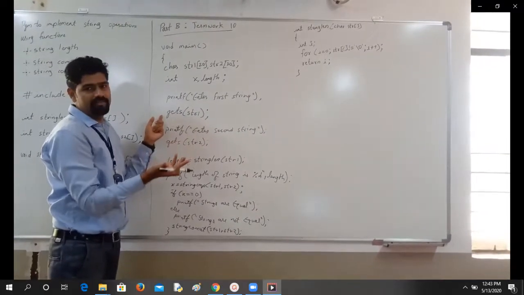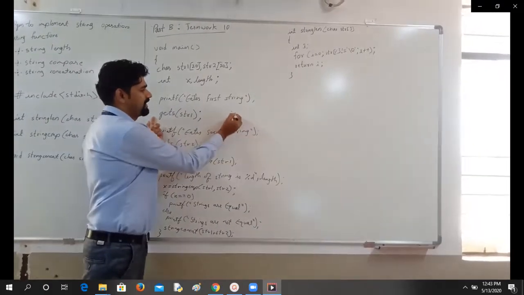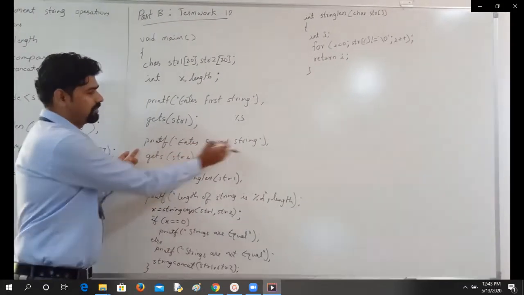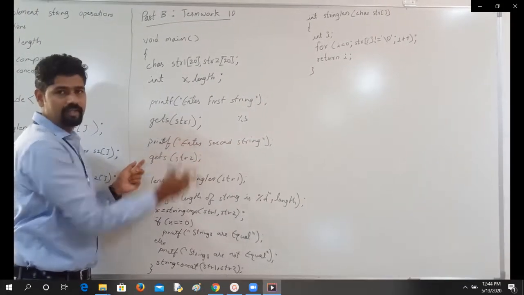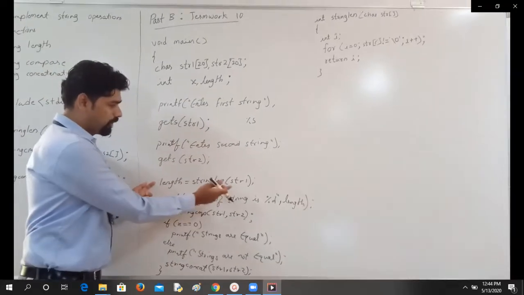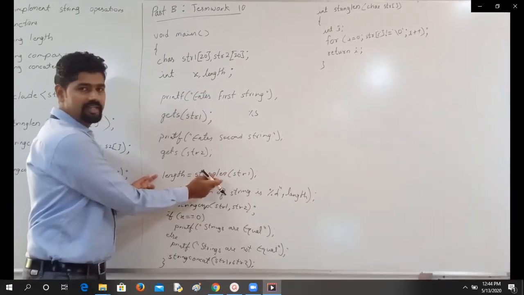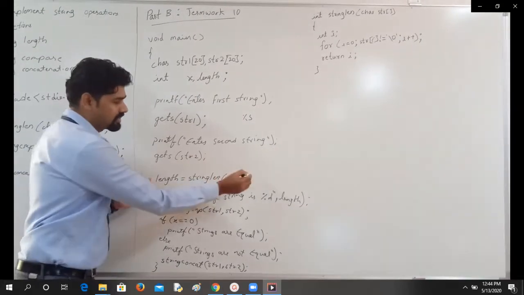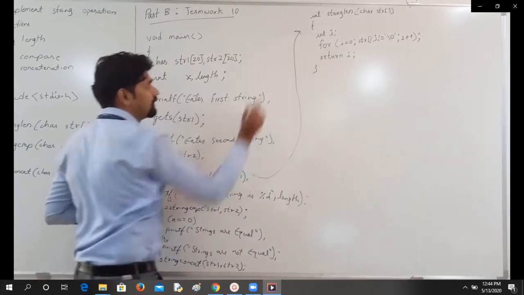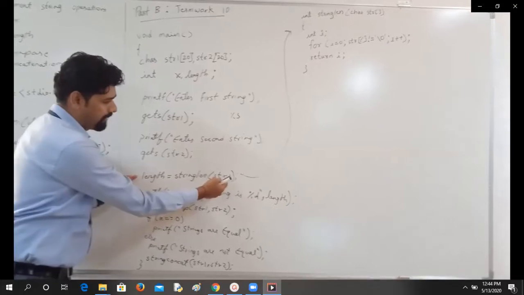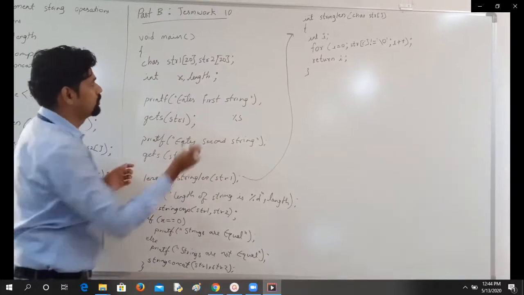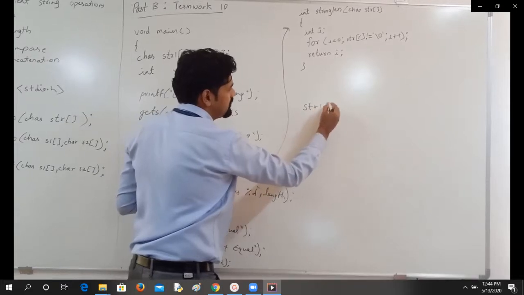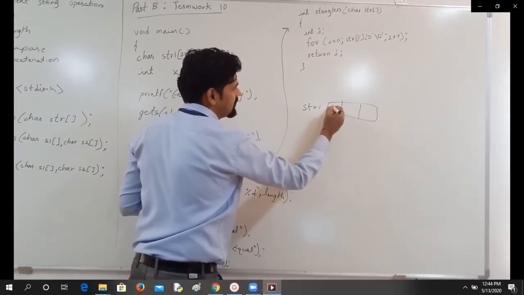You can also use scanf, but you should use the format specifier as %s if you are reading a string. Next, another printf and another gets to read the second string. Next, I am calling the function which is strlen. So you know that whenever there is a function call, the control is transferred to that place where the function is defined, and I am passing what? str1. So assume that the value of str1 which the user has entered is, say, let us take Kaylee itself.